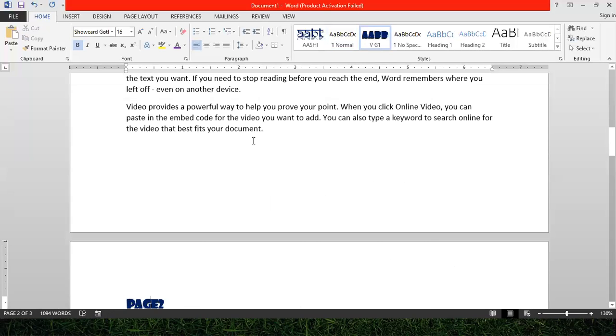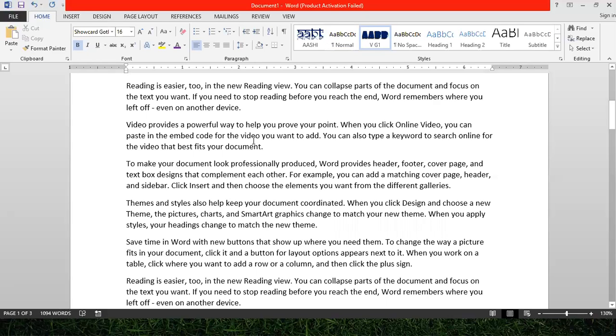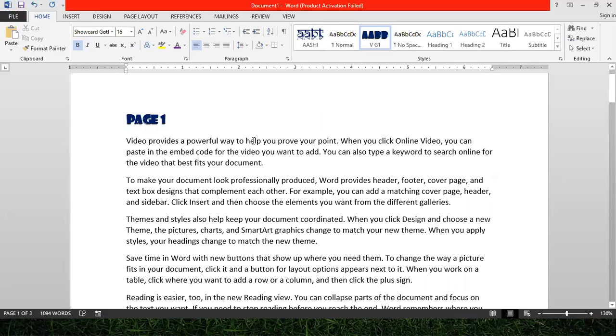Now the format painter tool will only be helpful to you when you have already formatted a text, then you can copy the formatting effect from that text to another. But the style option is helpful even if we have not created any design in our document, or have not formatted any text. We can use the style option in MS Word to create the formatting effect on a text.